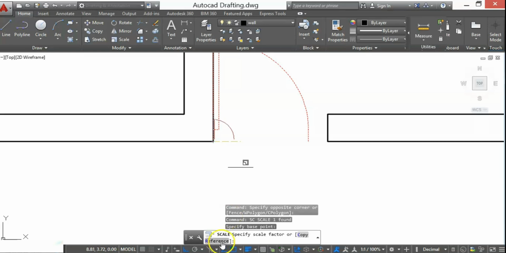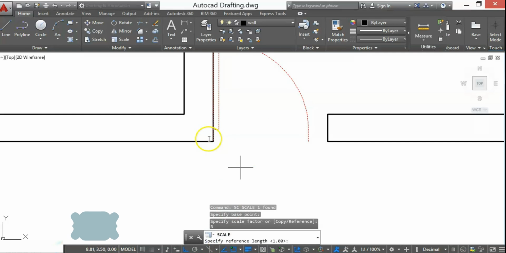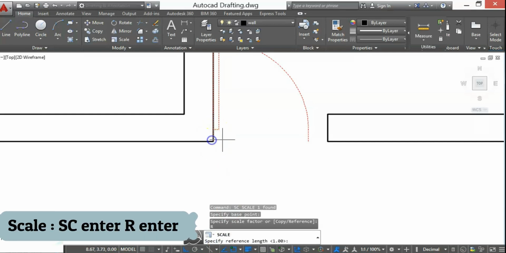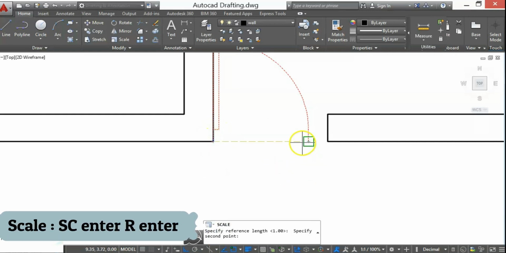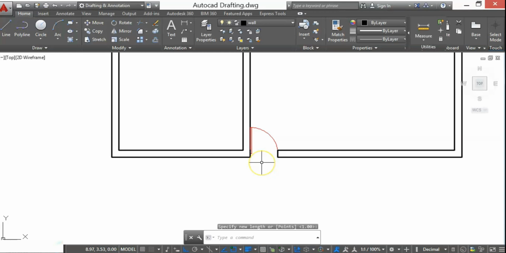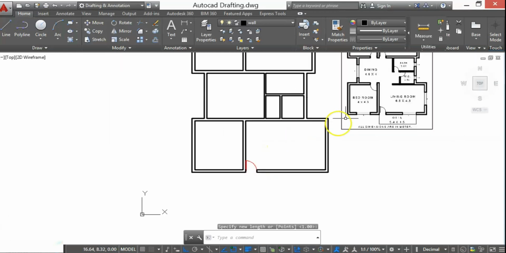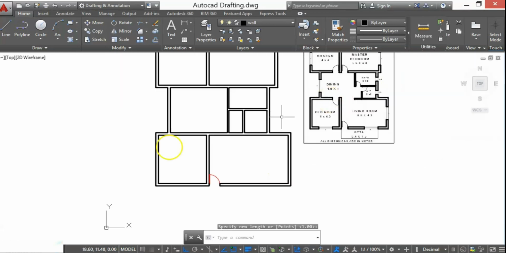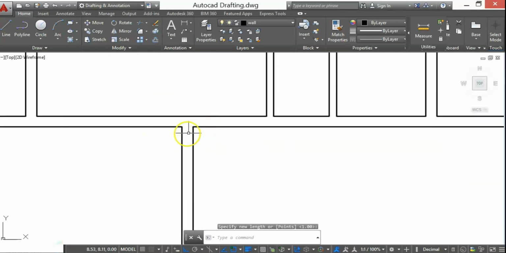I will click on reference. Again I will select the first point, a second point, and move it to a third point where I want to scale the door. Same way I'll add a door in this bedroom.